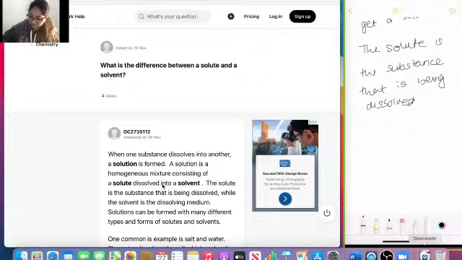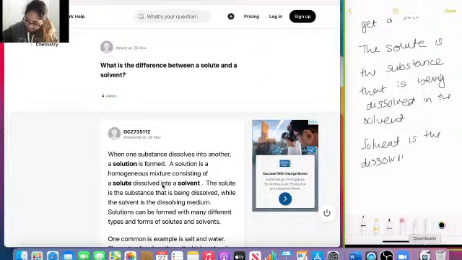Whereas the solvent is the dissolving medium. Okay, so for example,